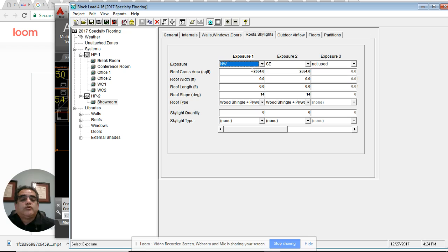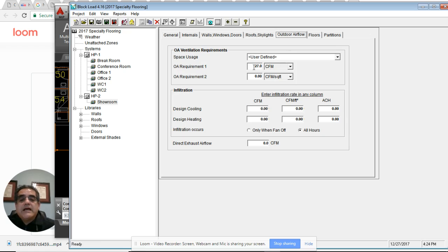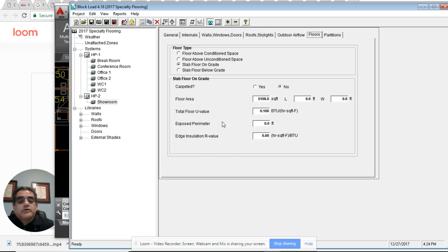5108 divided by 2. Then let's go to outdoor airflow. We calculated that on that spreadsheet. And I closed it, but it says here that we need 1190. That's a lot. 1190 CFM of outside air. Floors are good. So that's it. One room, one air conditioning system. I'm gonna save,